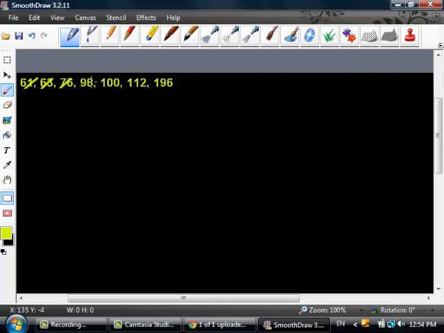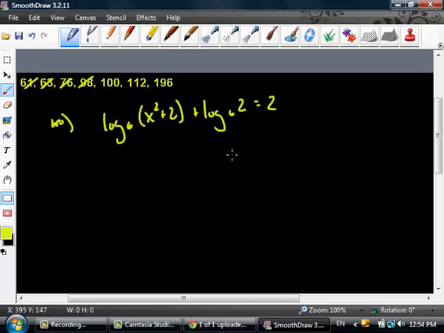All right, 100. Okay, similar problem. Log base 6 of x squared plus 2 plus log base 6 of 2 equals 2. I'm going to use my reverse properties of logarithms to multiply these two together. So I have one singular log base 6 of 2 times x squared plus 2